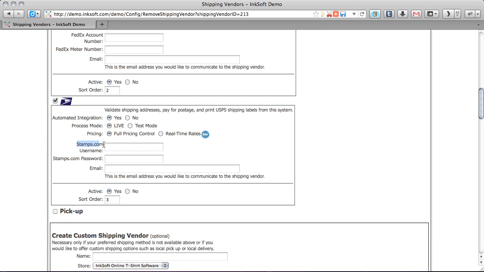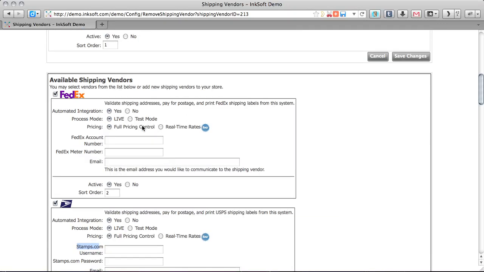So Stamps.com, very, very popular. In fact, they're running national commercials now, so a lot of small businesses use them to populate shipping labels and pay for shipping through USPS, and also to get real-time rates. Now what we'll do with these shipping vendors is we're going to enter in all of these fields that are